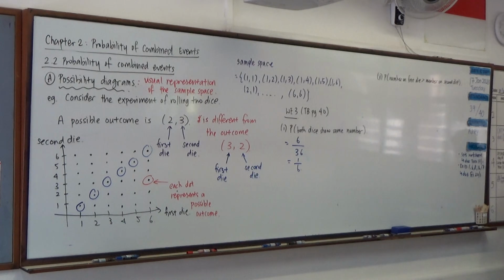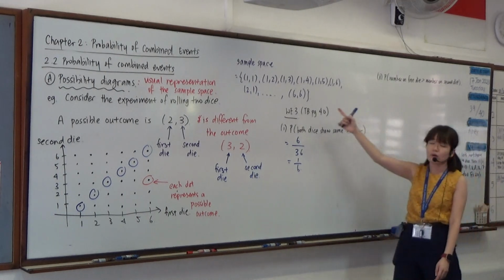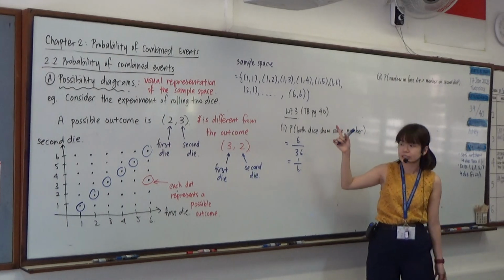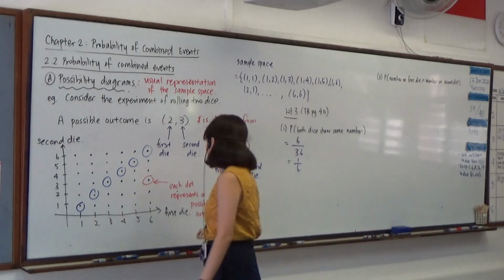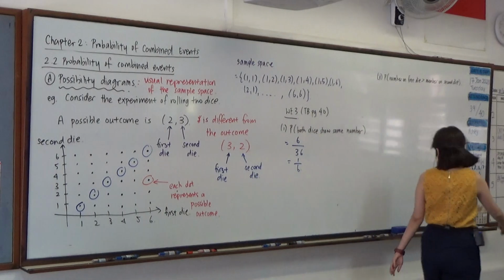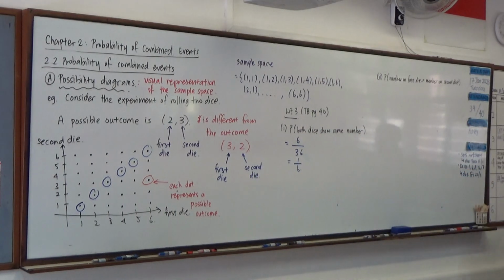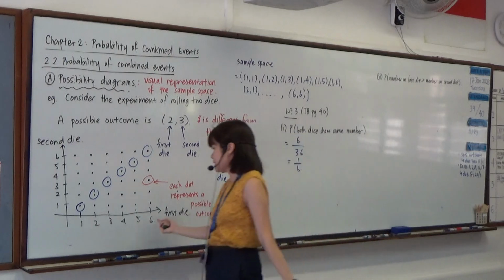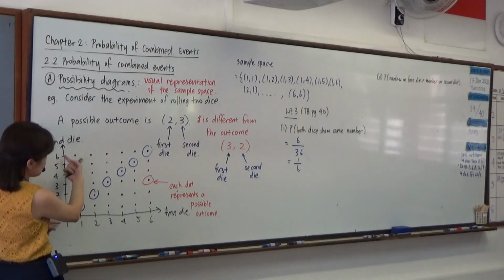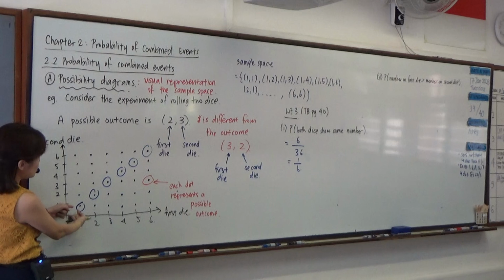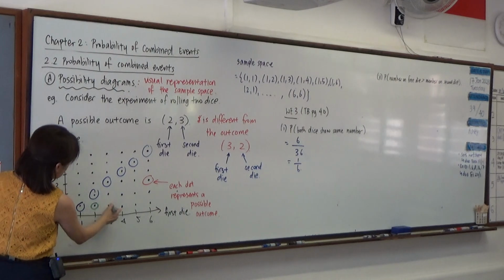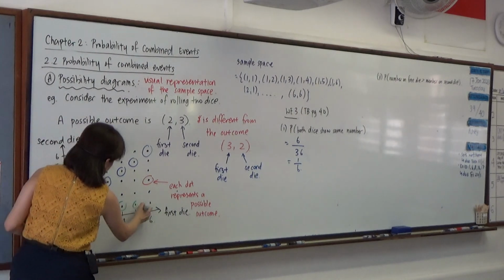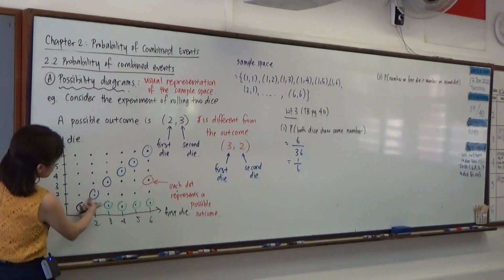Then in part 2, we want the probability where the number on the first die is bigger than the number on the second die. Surely if you write it out, it will be a headache to find these numbers. But from here, what we can do is, let me get a green marker. The first die is over here, and we want numbers that are bigger than this one. So this one surely cannot, but we know 2, 1 can, 3, 1 can, 4, 5, 6. And then this one cannot.